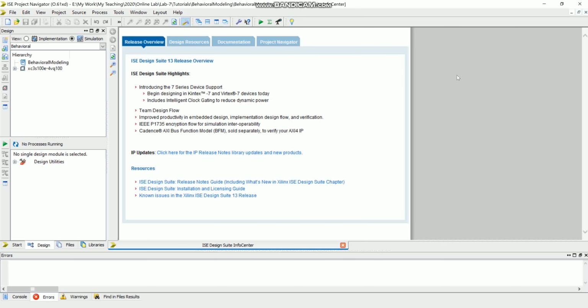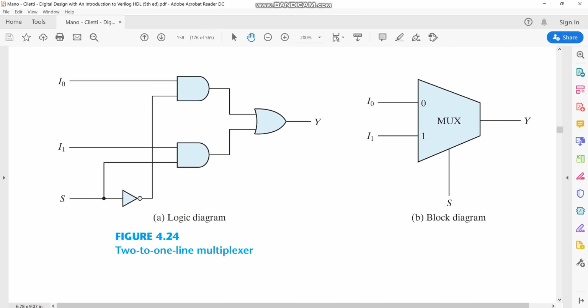Welcome to this tutorial on behavioral modeling of logical circuits on Xilinx software. In this tutorial, we will implement one or two multiplexers using behavioral modeling, and then we will simulate them. So, this is a multiplexer module, 2 to 1, 2 input, 1 output multiplexer module, and this is the